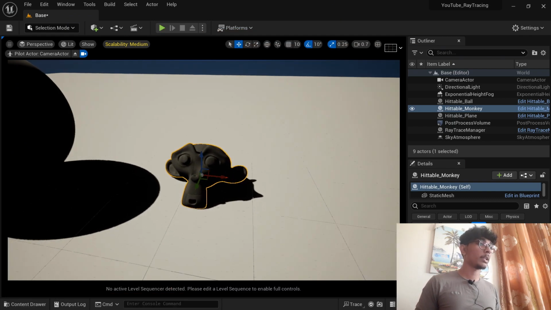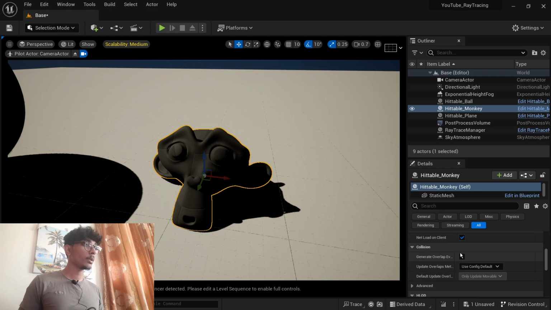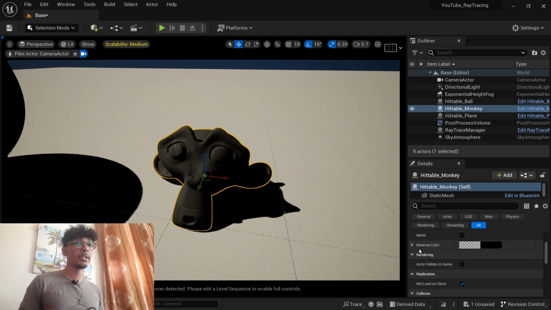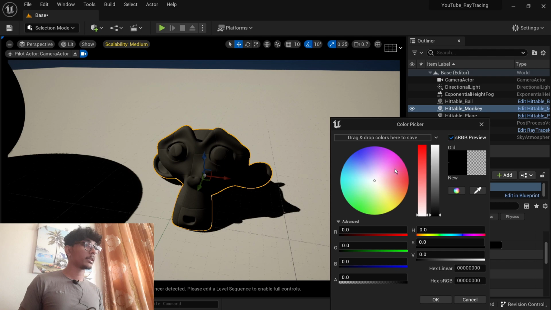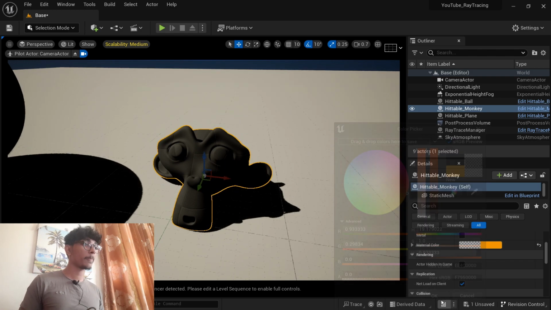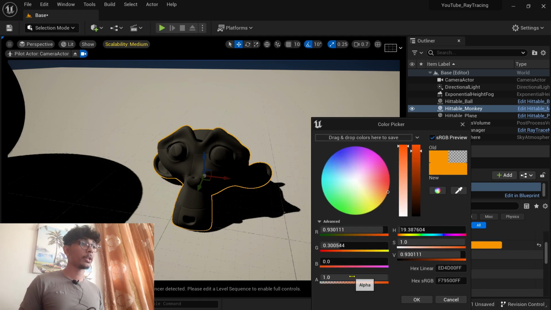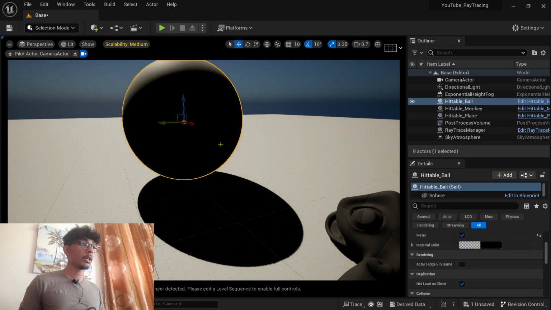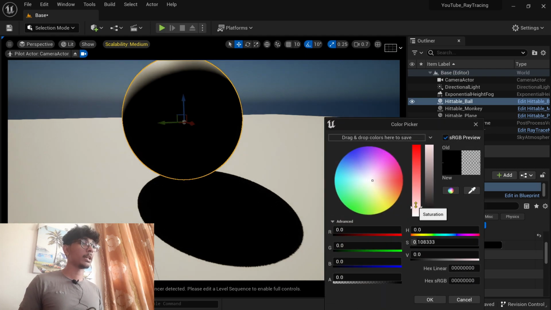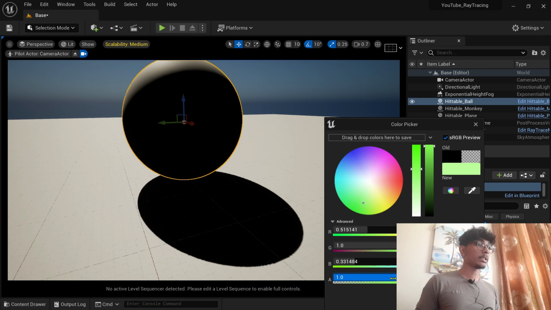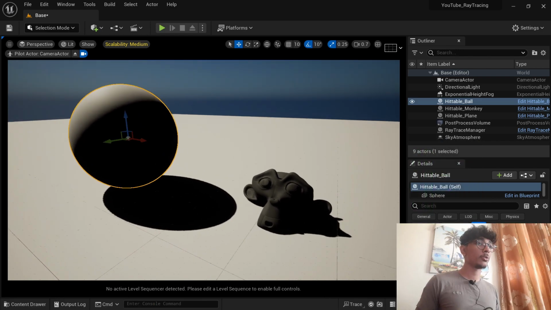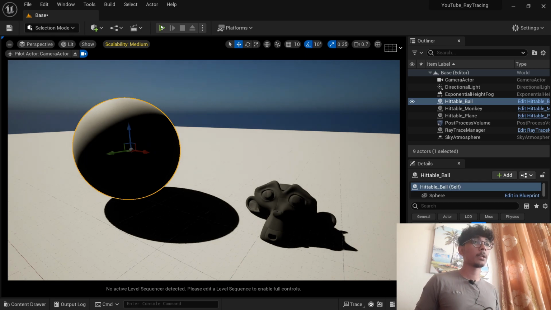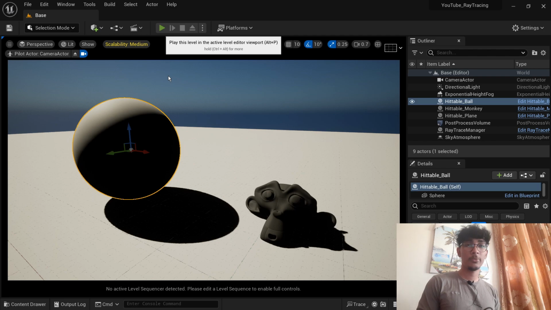So for the monkey, we'll actually add hittable color. So we have a material color in the editor. So let's click on that and maybe give it a nice orangish color, and obviously make the alpha value 1. And for the ball, we'll give it a nice greenish tint, and then alpha value of 1. So now it should work. We should have colors for our materials, hopefully,